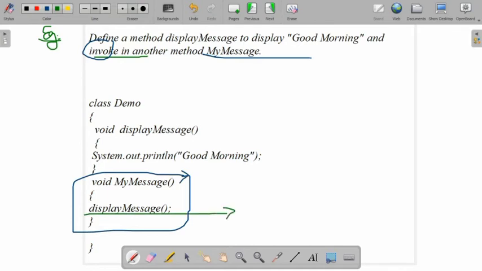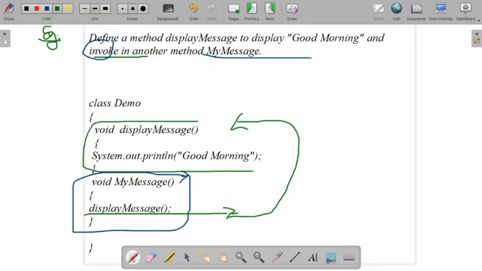So the compiler understands display message is a method that has been defined by the user somewhere in this program. So it will go and check where display message is defined. Yes, it is found. After finding, it will execute that method first. So it will print the message as good morning.